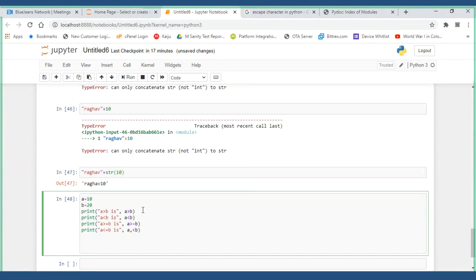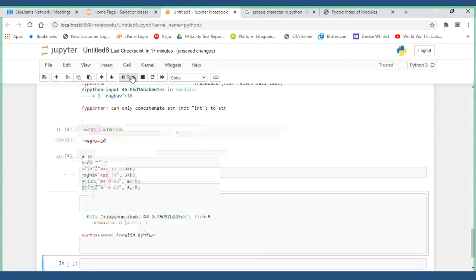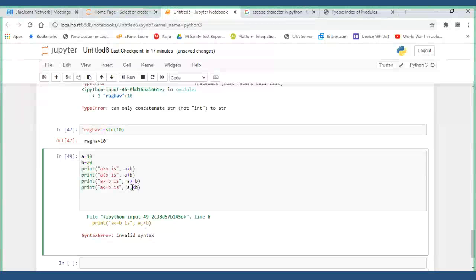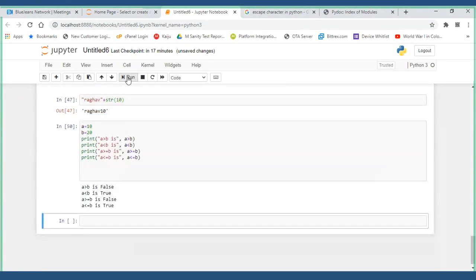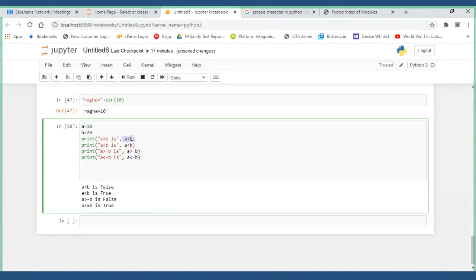Now let's first finish this. Now you got all these four, right? No issues, right? Okay, whether it is true or false, it will return. The result of any relationship operator is true or false, for less than or equal to and the others.